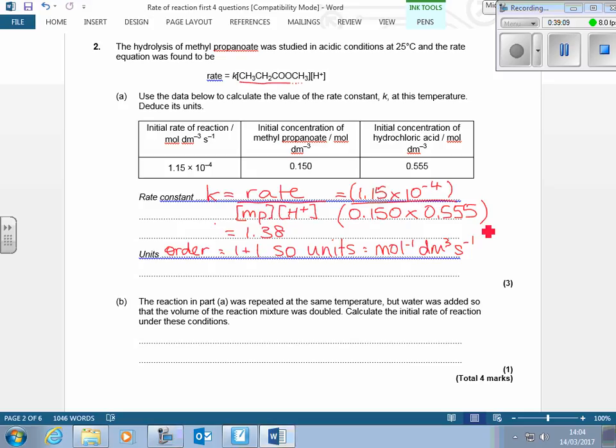You should probably be able to do the top bit without brackets, but if you then put divide, it might divide by the 0.15 and then multiply the whole lot by 0.555. You've got the risk of it doing